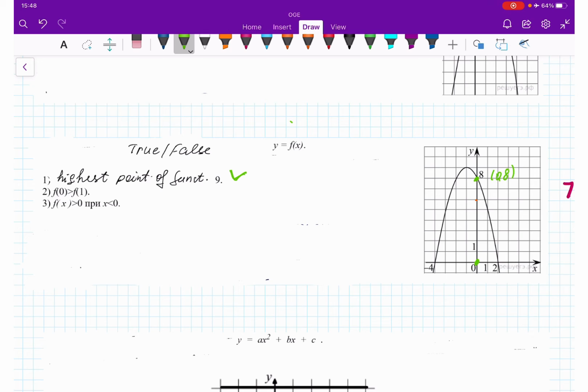What is f of 1? F of 1 is somewhere here. So 8, 7, 6, 5. So it's going to be (1, 5). As we can see, 8 is greater than 5, which means we're getting a green check mark. Yes? And lastly, f of x greater than 0 when x,